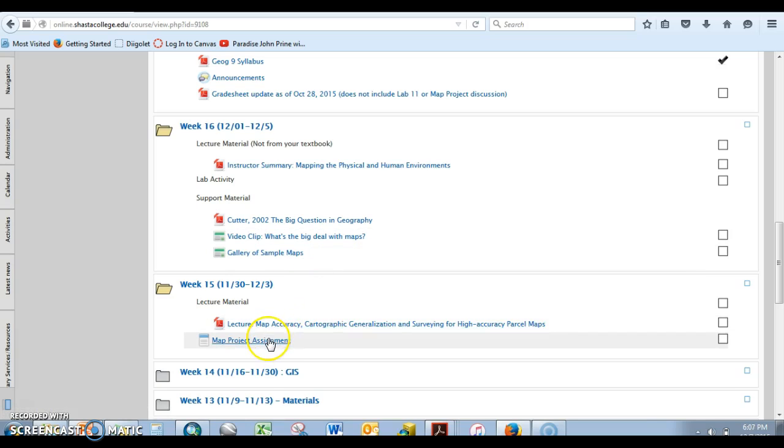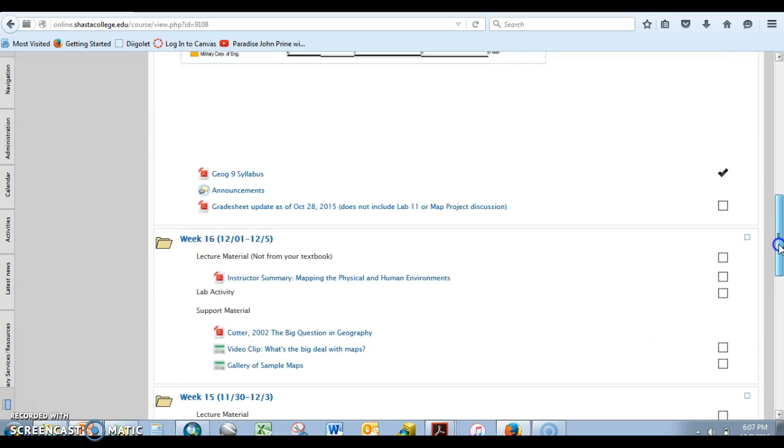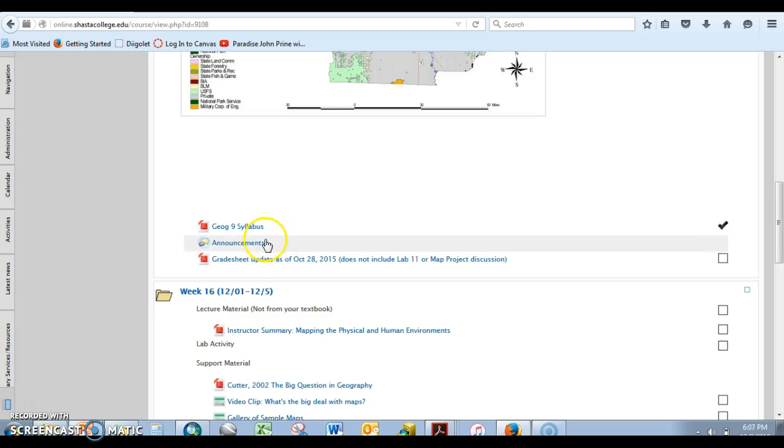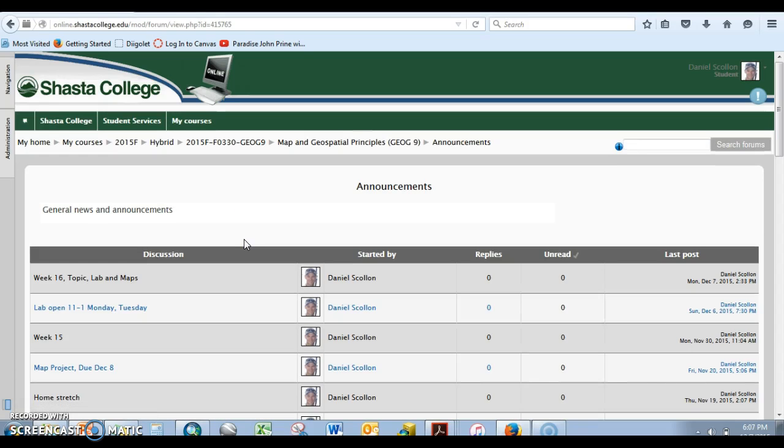Your map project assignment, again, you can upload your maps to this location, and I've also included a gallery of maps. And of course, one of the things that I know some of you are thinking about is what's the final map going to look like, and what sort of things need to be included. And I sent this announcement out earlier today. And this particular announcement, if I can get it to come up,